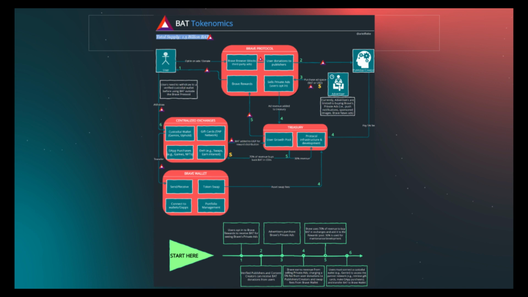So that limits a bit more how ads can be displayed or purchased. But it's working to some extent, and so advertisers can purchase their ad space using either BAT